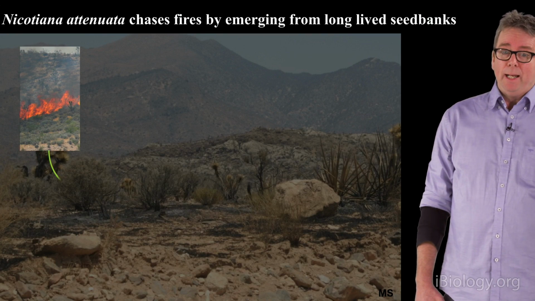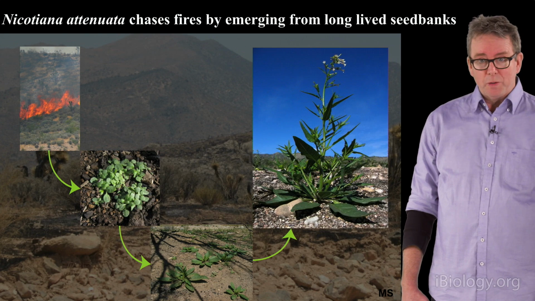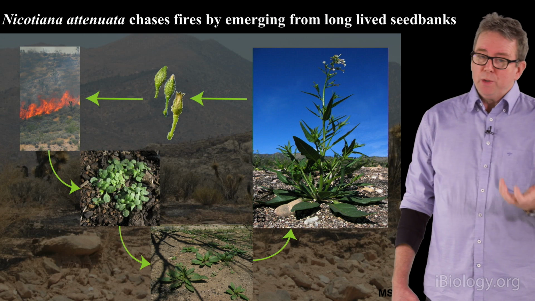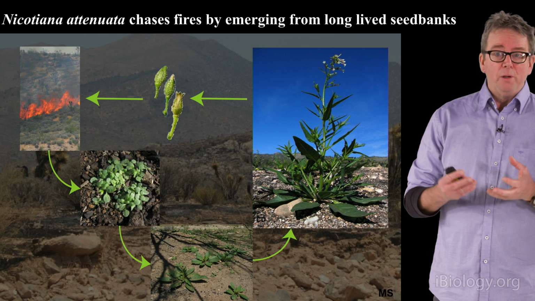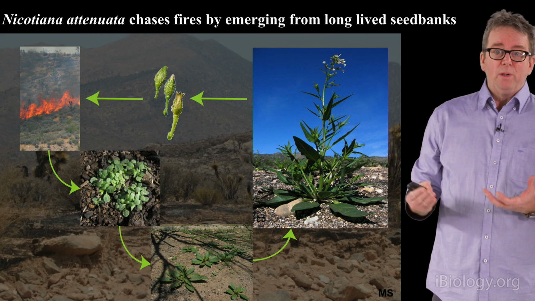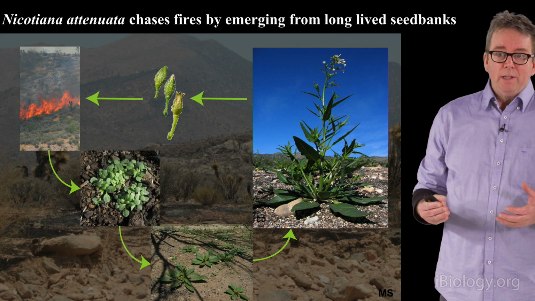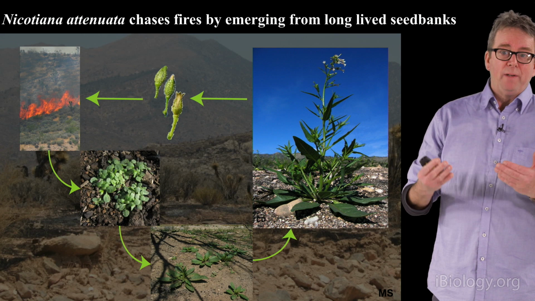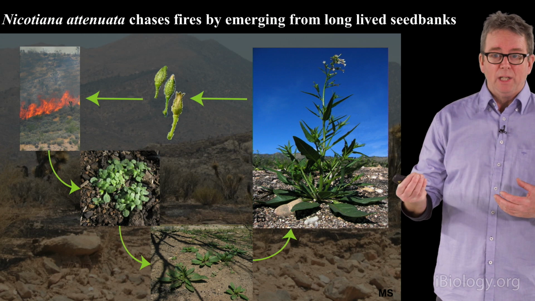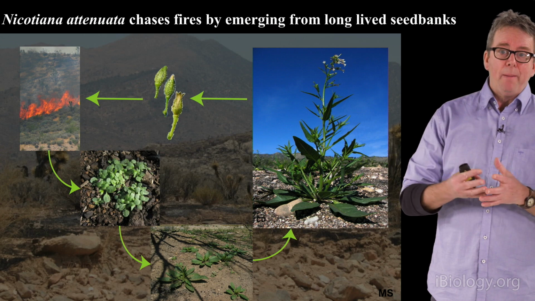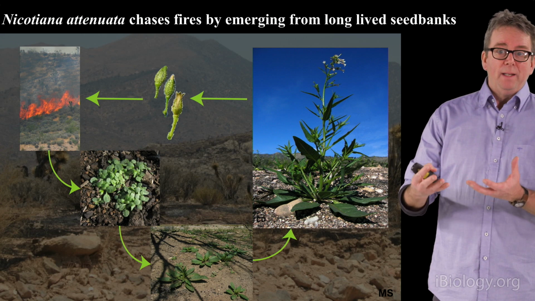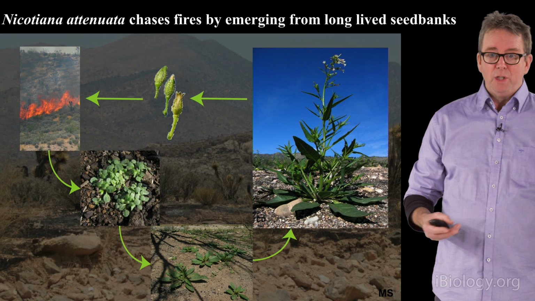Well, it's probably a consequence of the fact that it chases fires in ecologic time, as I told you about in part 1 of this talk. And it chases fires by producing a seed that lives in the seed bank for a long period of time in that inter-fire interval. Now, if you're going to survive in the seed bank for a long period of time, it's much better to have many different copies of a lottery ticket to hope that you're going to find that one particular genotypic combination which allows you to survive all the different things that might happen in the hundreds of years while you're lying dormant, as compared to having many copies of the same seed, and many copies of the same lottery ticket, which is what happens when you self.